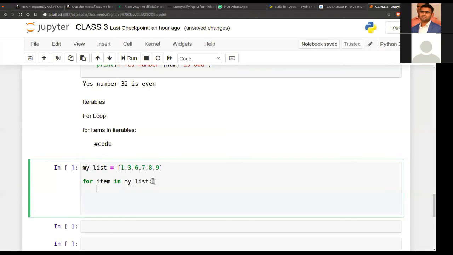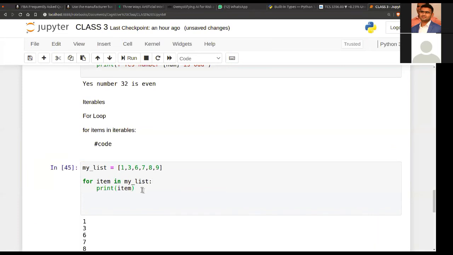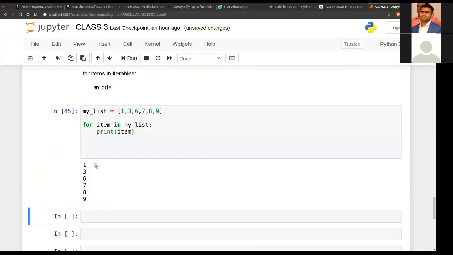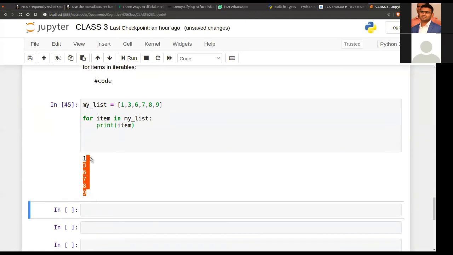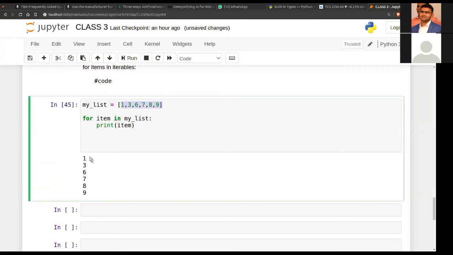I want to print my iterator, which is item. So what do we expect? We get every element of our list over here, right? This is the power of the for loop.